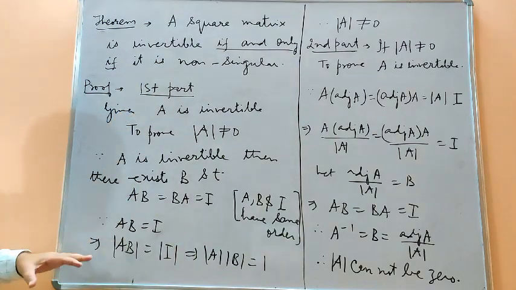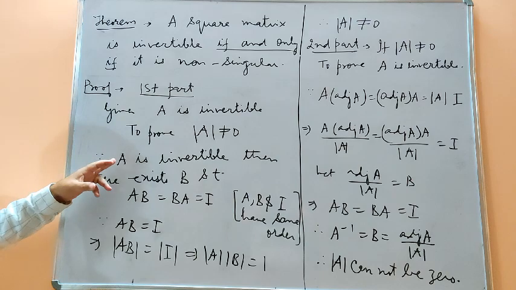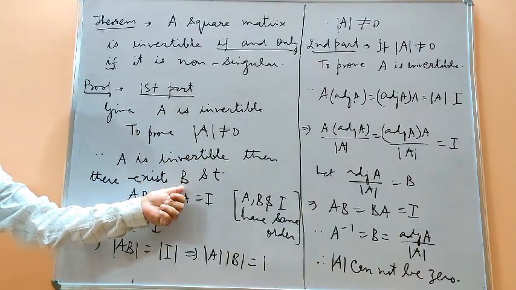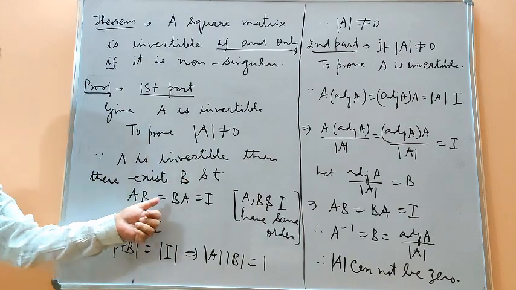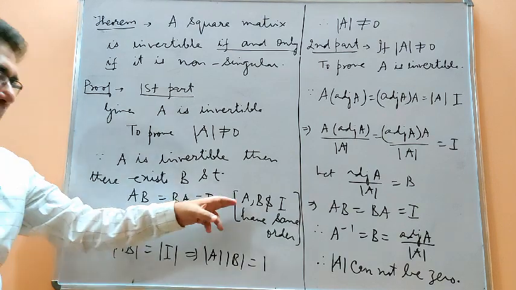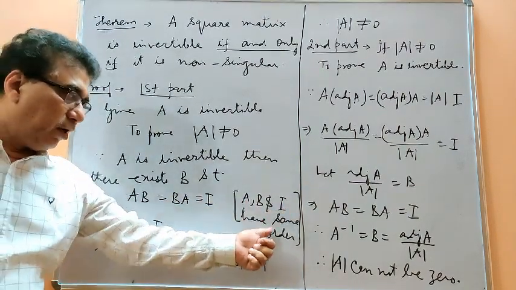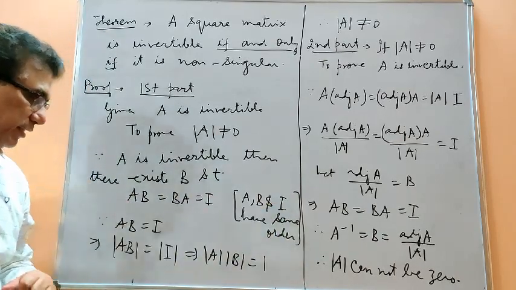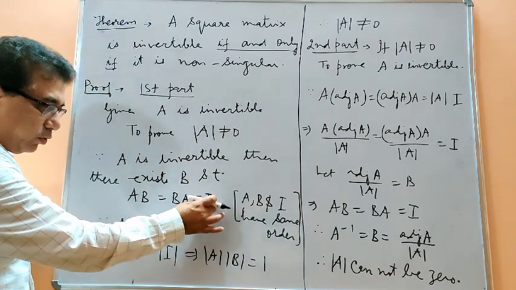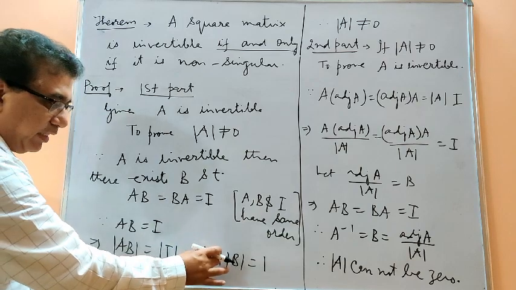So for the first part, the proof is like this. Since A is invertible, there exists a matrix B such that AB is equal to BA is equal to I, because this is the definition of the inverse of a matrix. And the condition as usual, A, B and I all are square matrices of the same order. This is the identity matrix. Now if I take only this part, suppose AB is equal to I, and if I take determinant both sides, what do we get? Determinant A